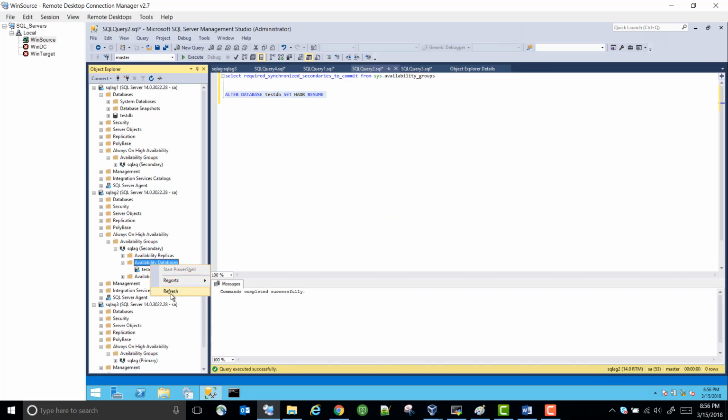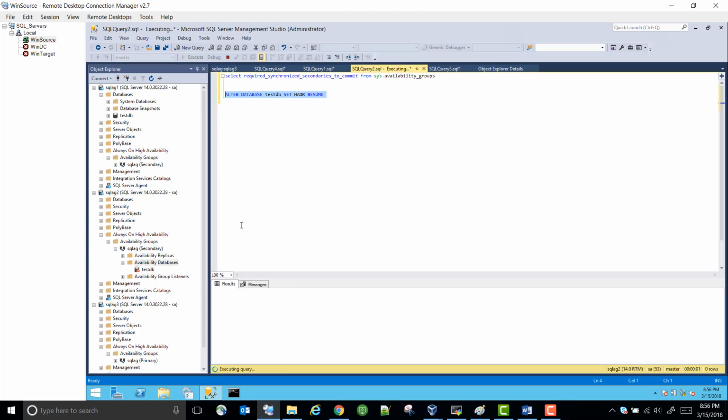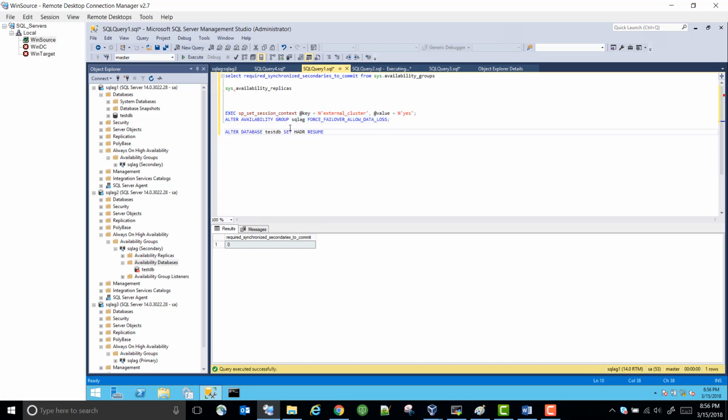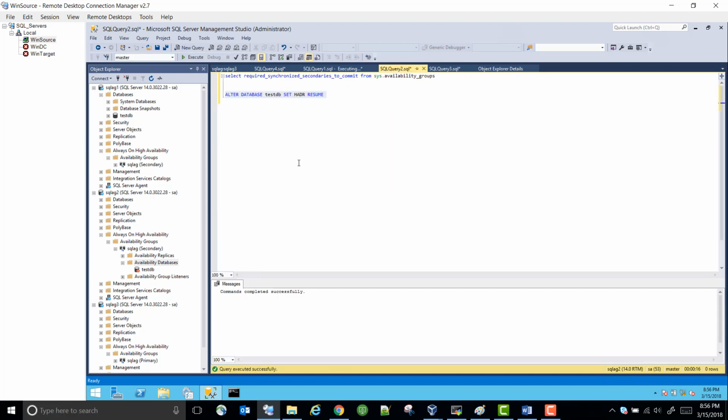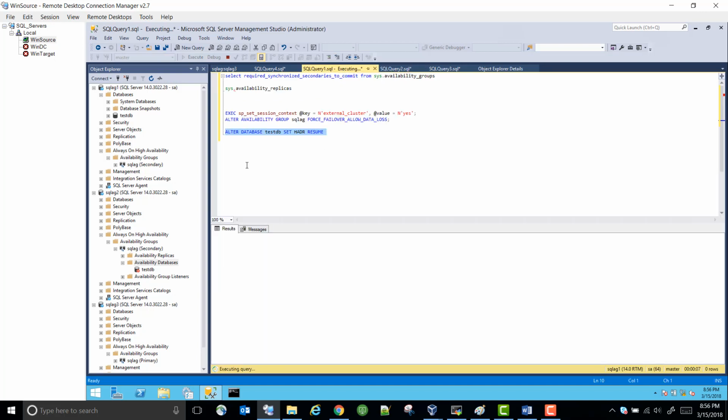When you refresh, let's execute this command again. Run the statement on AG1. Yeah, it executed, and then if you refresh,